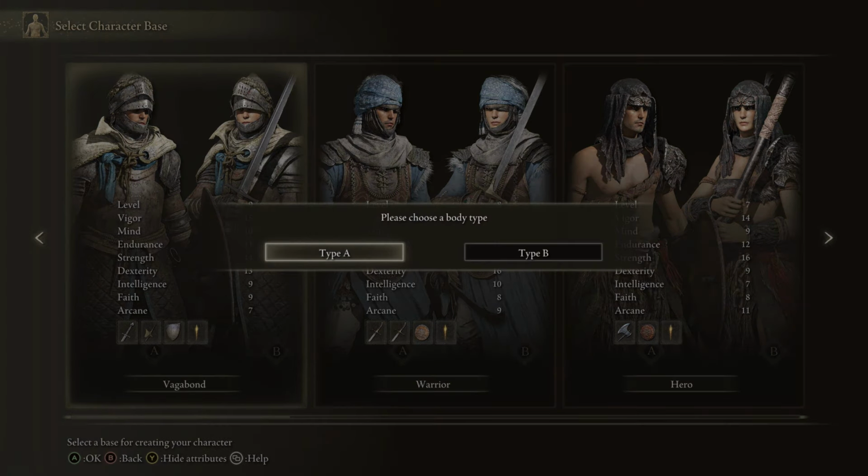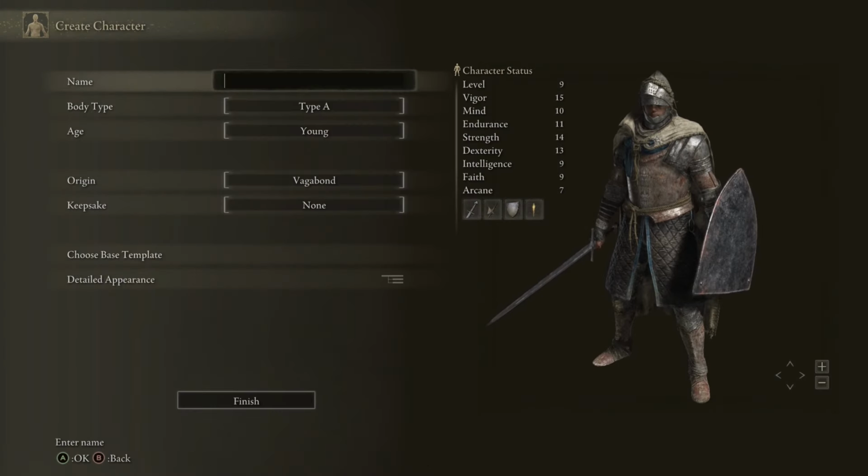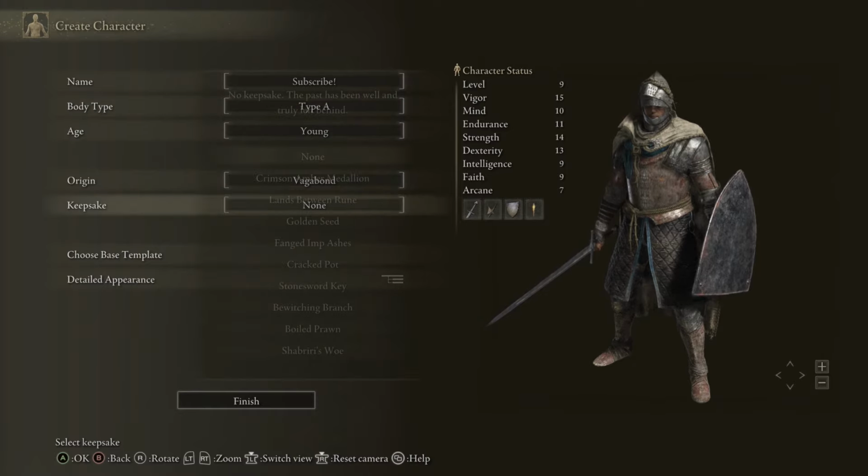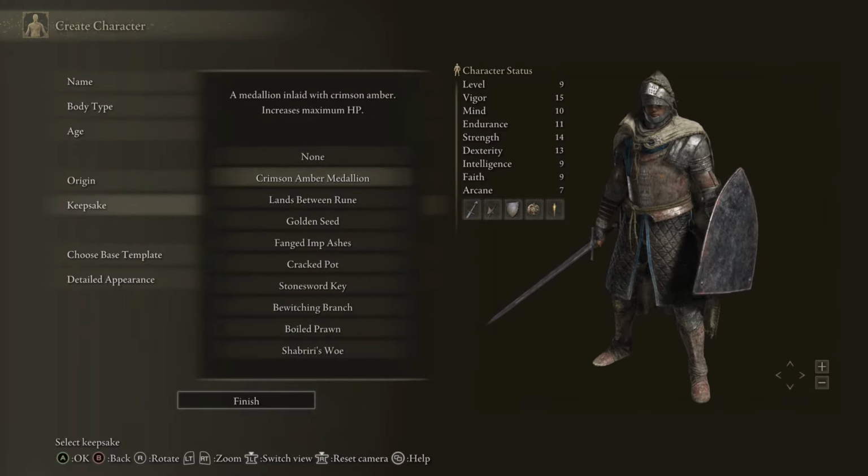What's going on, guys? Welcome to another entry into the starter guide series, the Vagabond. So if you are a Vagabond or chose the Vagabond in the beginning of Elden Ring, then this guide is for you. So again, we want to start off with the Crimson Amber Medallion